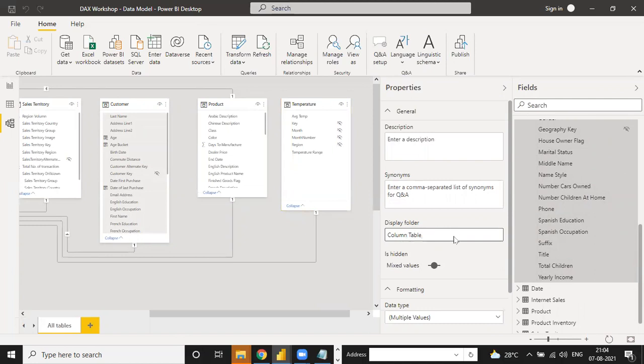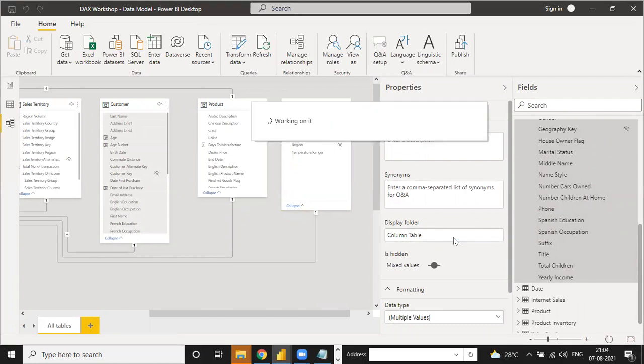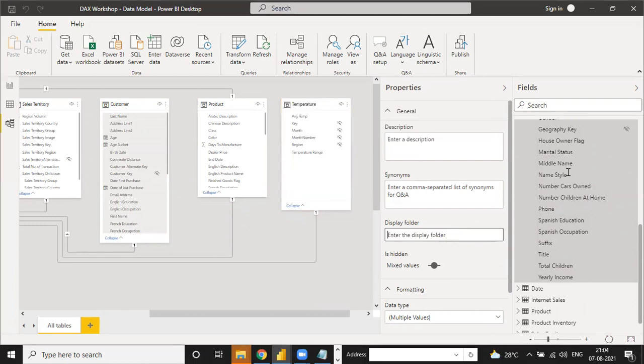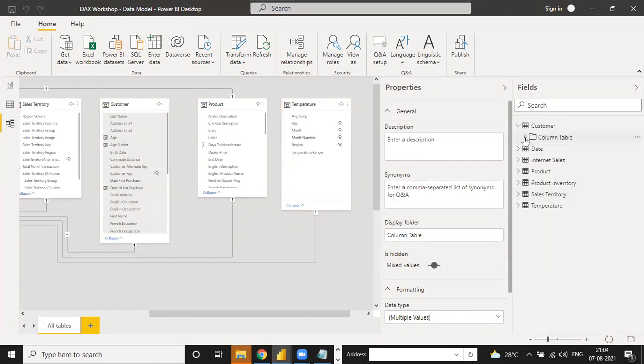When you press enter, all these columns are moved into the column table folder. When you create a measure, your measure is displayed in a different way. So that is the reason to merge all the columns into the column table folder. Is it understandable or not?